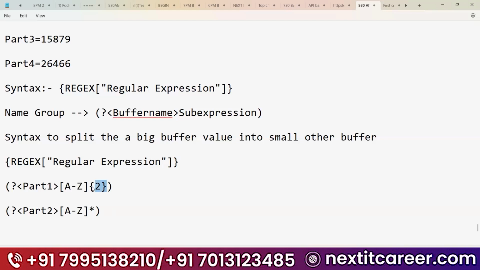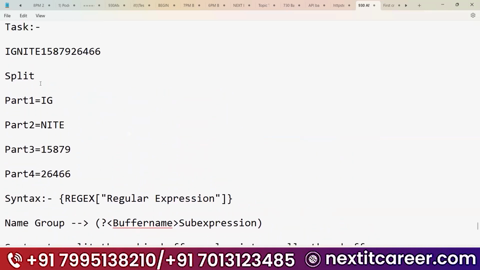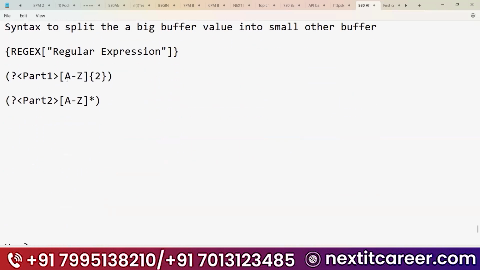So first two letters, the part buffer has been captured. After that, where there is A to Z, star means till that point. See here, after NITE we don't have alphabets, right? So either you can use star, else you can give how many values you want.